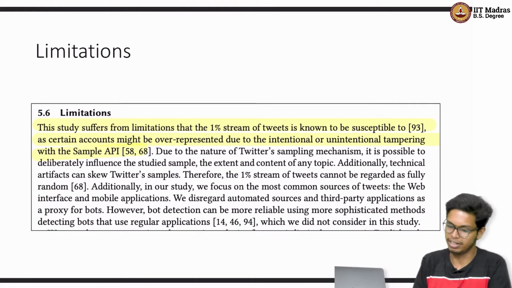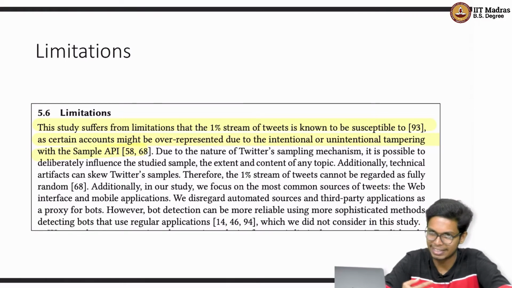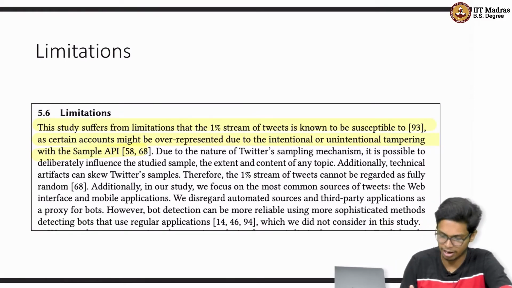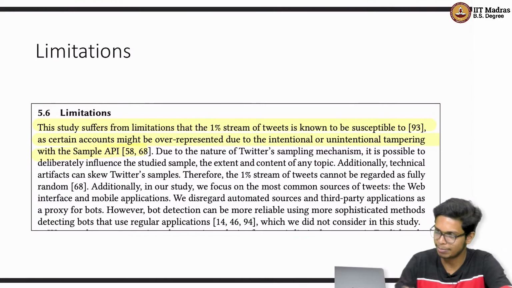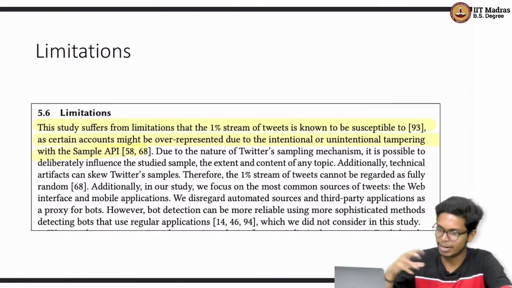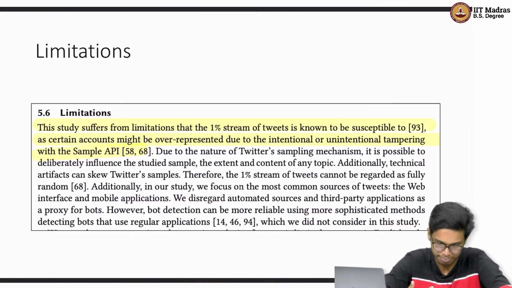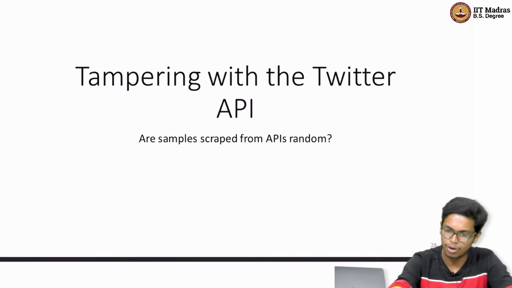Coming back to the paper, right, the authors also mention the limitations of this work, and the very interesting part to look into here is this study. I'm quoting the authors, who mention that this study suffers from limitations, that the 1% stream of tweets is known to be susceptible and it can be manipulated very easily. And if you recall a couple weeks back in the lecture, we saw that the sampling API of Twitter can be tampered with, and if you can inject some specific tweets at certain timestamps, you can manipulate what data you are getting in turn, right? So the second part of today's talk will look a bit deeper into exactly this phenomenon